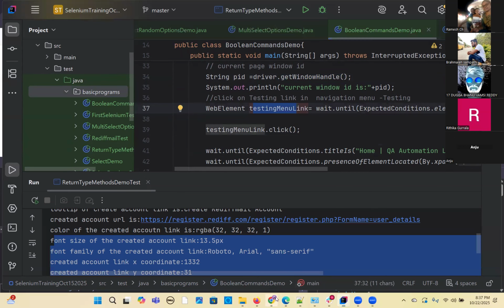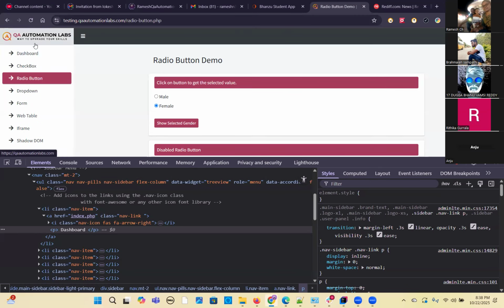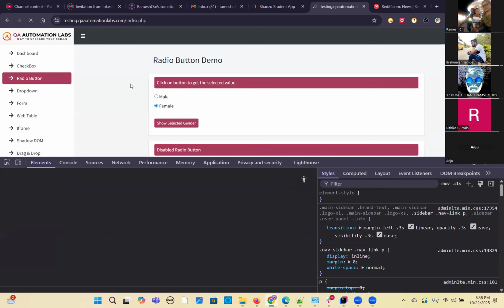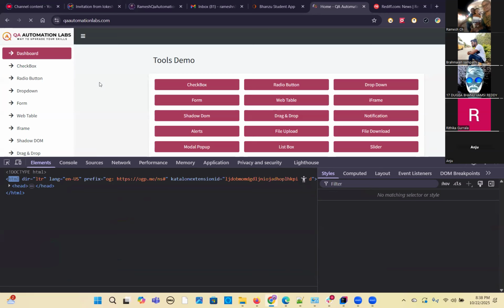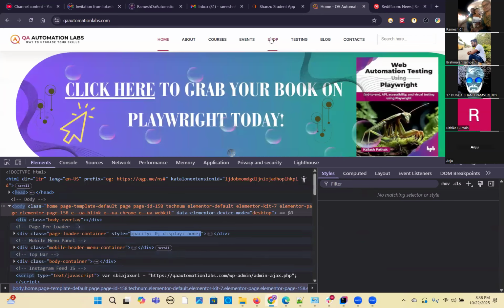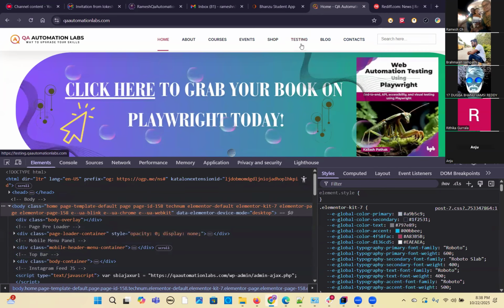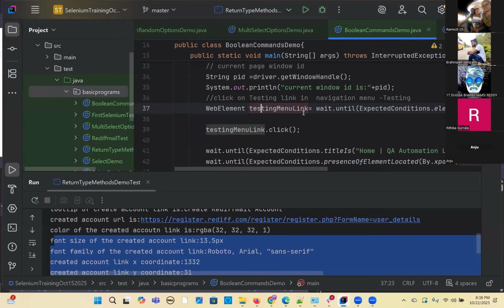Now, so testing menu link. You can see there is a testing menu link. So if you go to dashboard, you are not in the dashboard, home page. So here you can see testing. This is the testing tab. I have to click this. So that is what I have written here. So testing menu link I identified. I am clicking on that